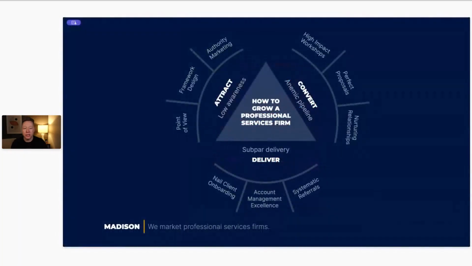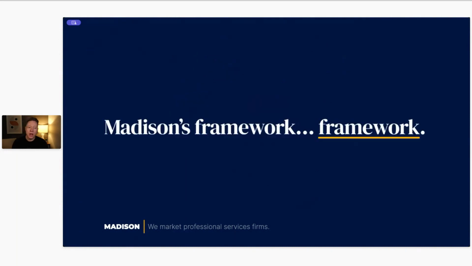I think that you could think of our framework as a version of that. This is our comprehensive view of what we believe to be true for growing a boutique professional services firm. That would be another example, I think, of a paradigmatic framework. So I'm sure there are others that I'm not mentioning here, but those are some high-level ways of thinking about it. So how do you go about designing it?